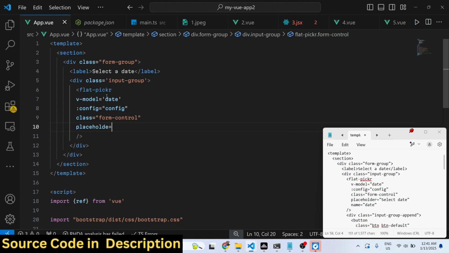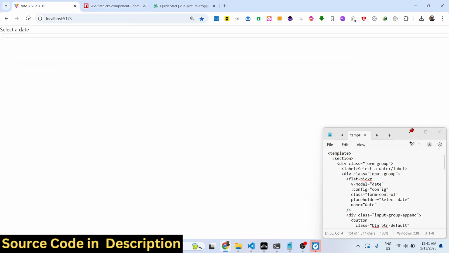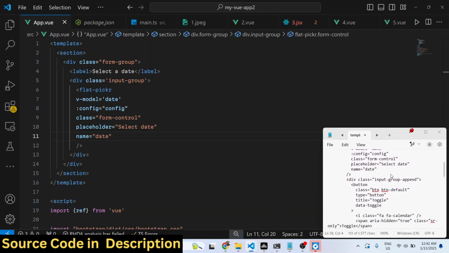You can give it a placeholder text, so I will simply tell the user to select a date, and also we'll be binding this name parameter, date. So if you refresh your browser, you will see this input field added, but if I click this, nothing happens. Now to open that calendar or modal window,